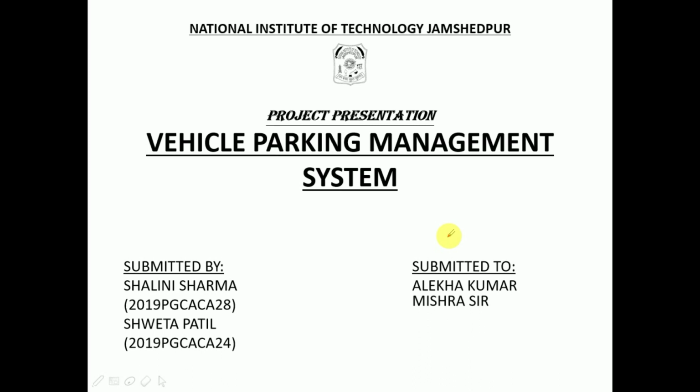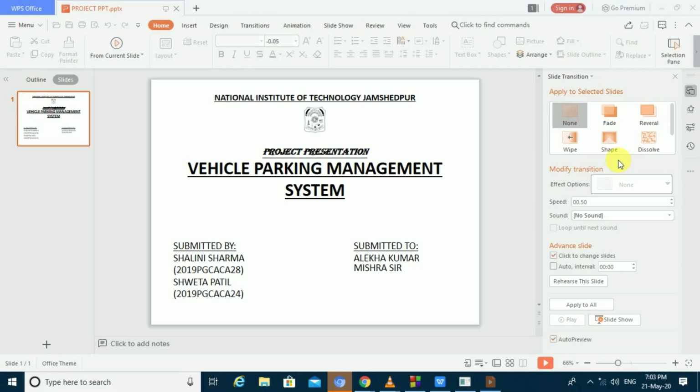Now let us start with a brief introduction of our project. This project is used to keep the records of the vehicles which are going to park in the parking area. The objective of our project is to build a vehicle parking management system that enables the time management and control of the vehicles using number plate recognition. The system will track the entry and exit of the vehicles, maintain the list of the vehicles, and will determine the cost. Now, let's see the working of the vehicle management system.